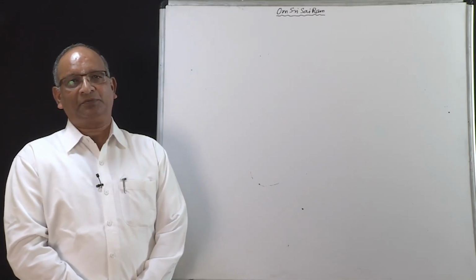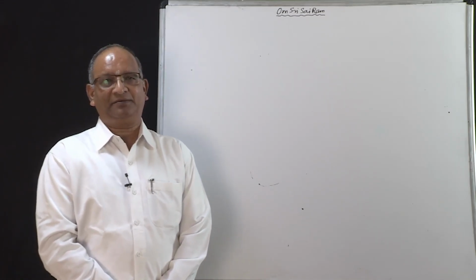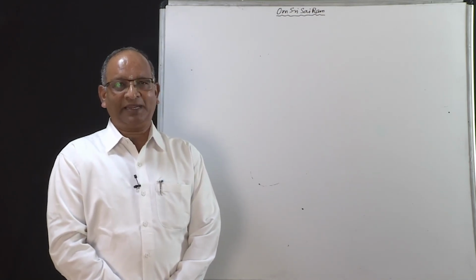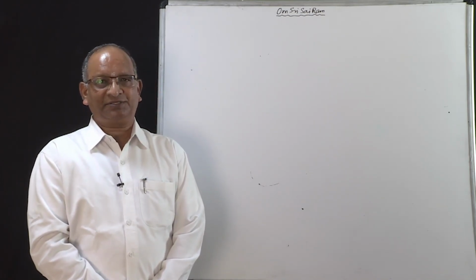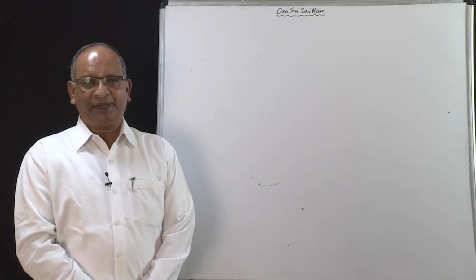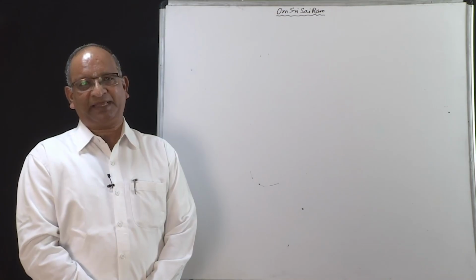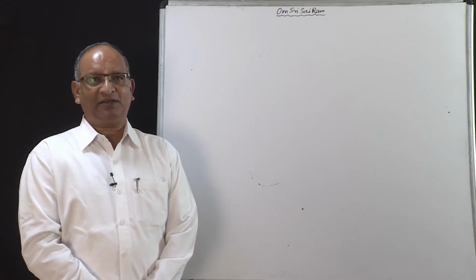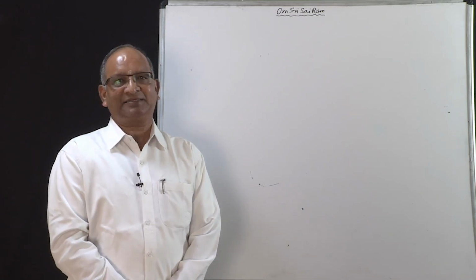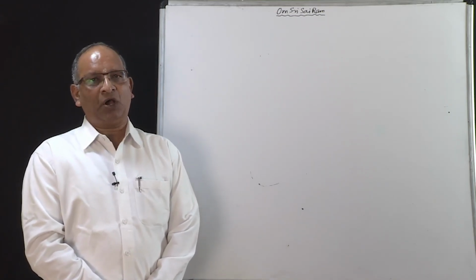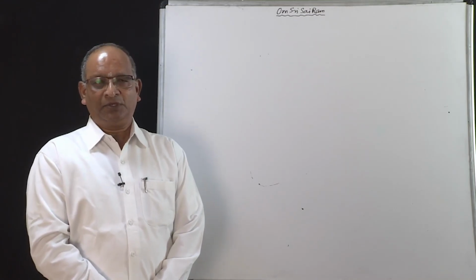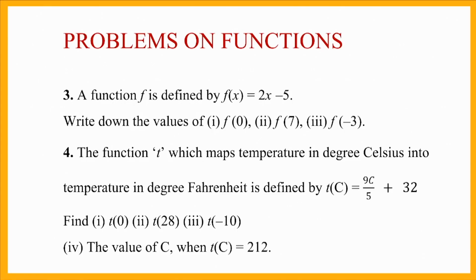We have come to the last part of this particular chapter where we have studied about Cartesian product, relations and functions. Today we will be solving some problems of the exercise on functions, and further we will be doing problems from miscellaneous exercise which contains problems on all the subtopics. So let us begin. This exercise we have done some problems in the previous class and now we are continuing it. So the first problem is a very simple one, f(x) equal to 2x minus 5.